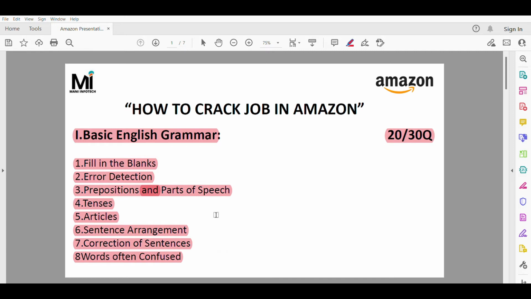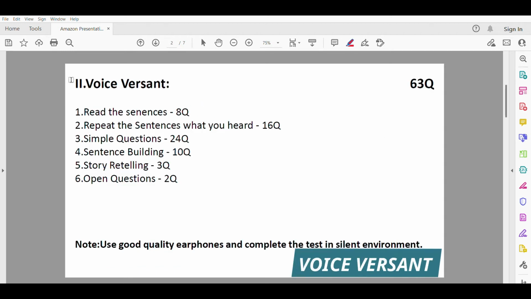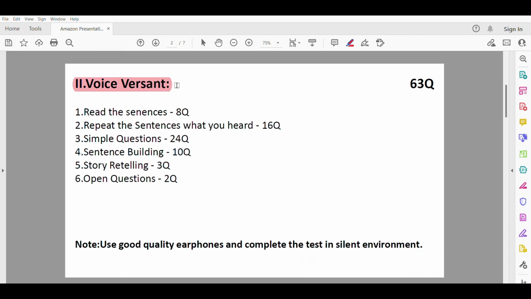Okay, so next, move on to the second test. This is the voice version test. These tests will also come under roles like Tron Associate and LMAQ, Tech Ops, and SPS Associate. So there are many; this test will comprise many roles. In this voice version, we have to concentrate more on the voice. We have to answer all the questions with our voice. There will be a total of 63 questions in this.